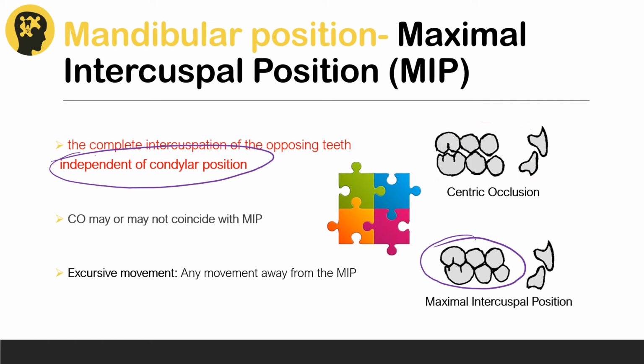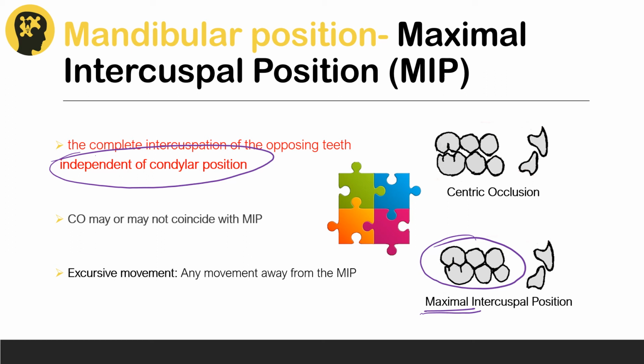Again, I want you to do the same exercise that we did previously. Touch the tip of your tongue to the roof of your mouth and close your mouth and notice where you have occlusal contacts. You'll feel that very few teeth occlude in this position, and this position is centric occlusion or the occlusion in centric relation. And if you just let go of your jaw, you'll find that your mandible slides forward and goes back to this position where you feel that your teeth best fit each other, right? And this position now is the maximal intercuspal position.